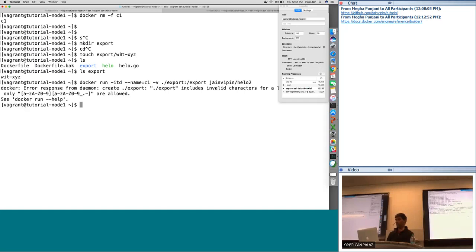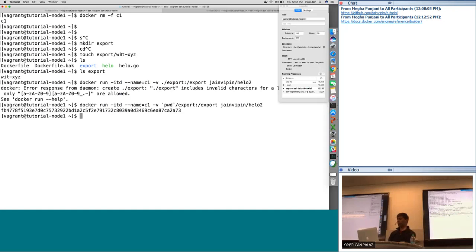Sorry, it needs the absolute path. Okay, so now I have run the container, but what will happen, you will see, is that if I exec into my container, sorry, I should have mapped it to import ideally.